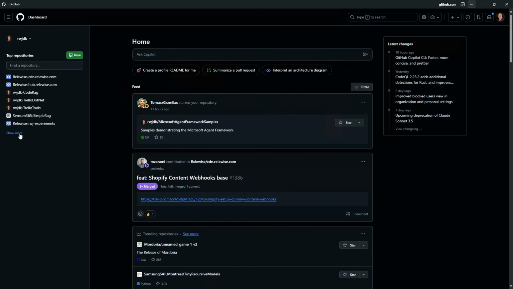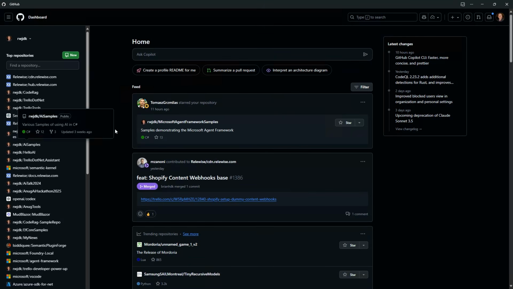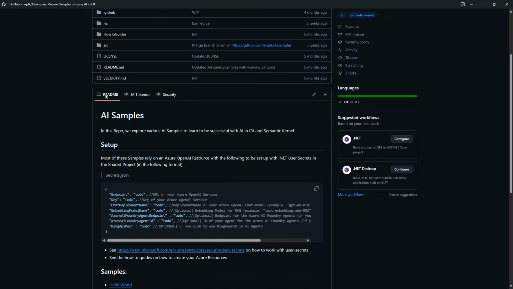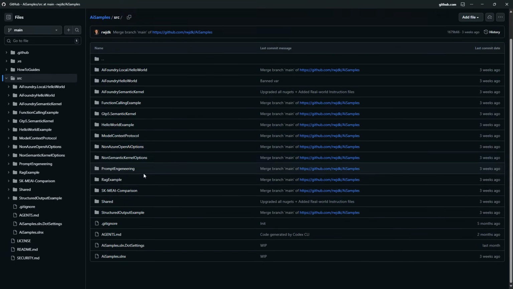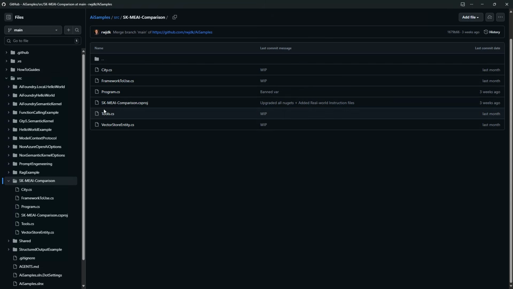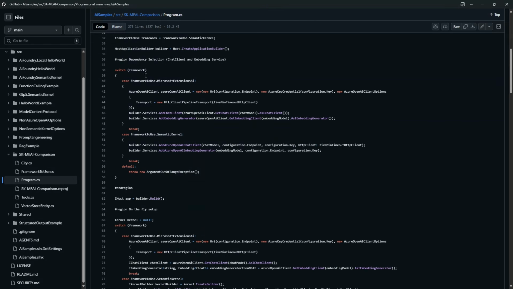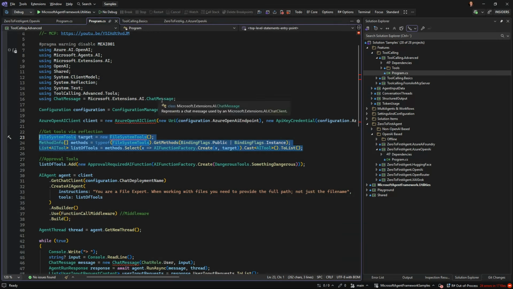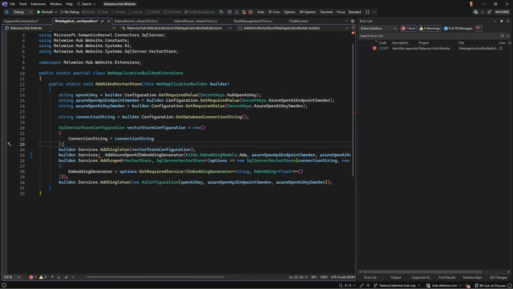I'm just gonna get my AI samples because there I have the dependency injection part. Dependency injection using. Oh, so it's just this one. Let me grab that. And this is the wrong one, so it's this one.